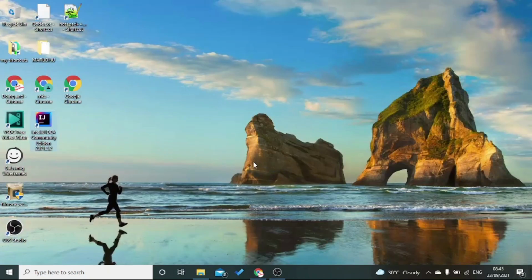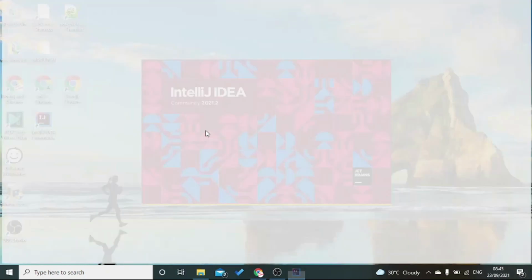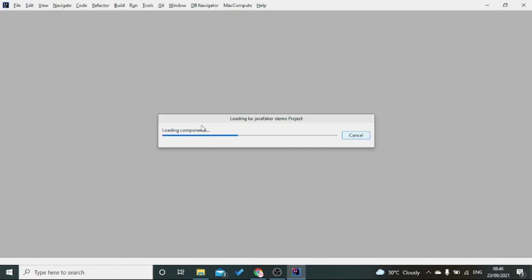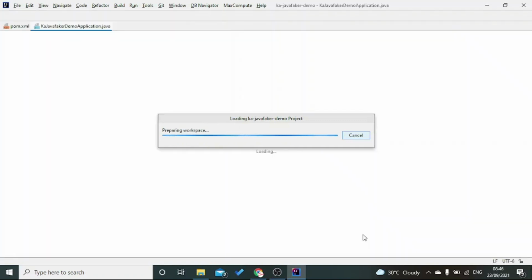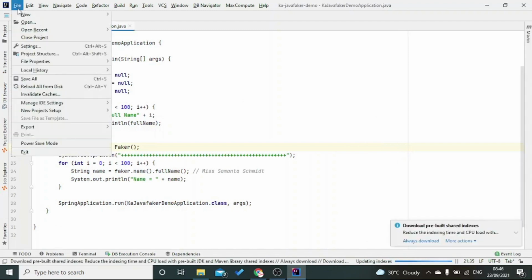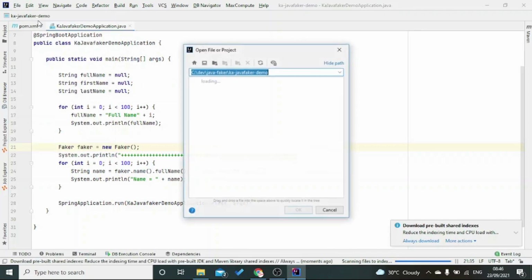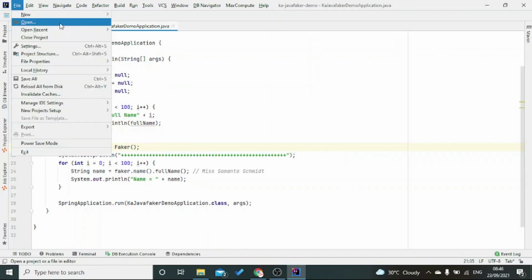I have IntelliJ IDEA Community Edition. So I'm going to open this project just to see what are the things the start.spring.io website created for us. We told that website we need a Maven project with the Java 8 version with the Spring Web dependency. So we'll see what it created.